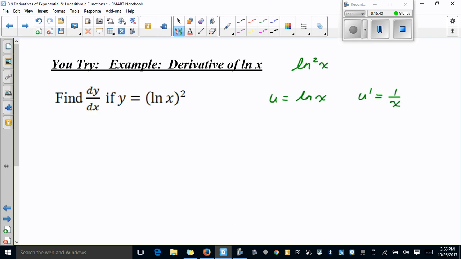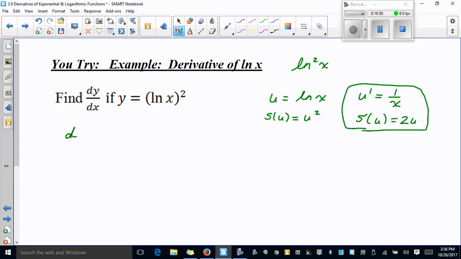So dy dx equals u prime, which is 1 over x, times 2u, or 2 natural log of x. So dy dx equals,